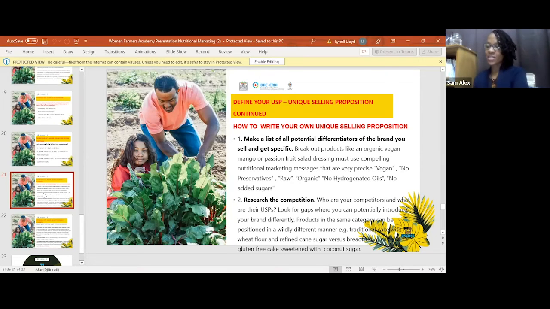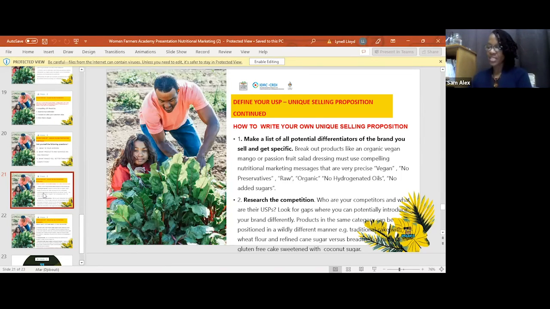Remember at the start of the presentation, we spoke about the nutritional marketing movements. We spoke about nutritional information and statistics. We looked at fortified food and drinks. We looked at green and organic food, plant-based diets, and food as medicine. Remember those? Okay, so here is a product, organic vegan salad dressing. What is on the label, or what is in the advertisements? Vegan. That appeals to the plant-based movement.